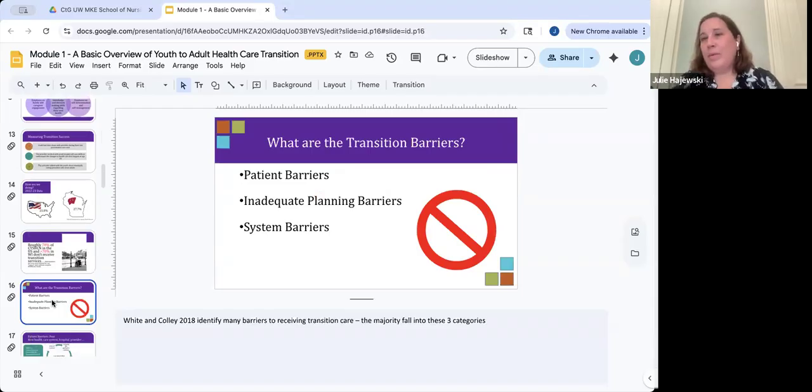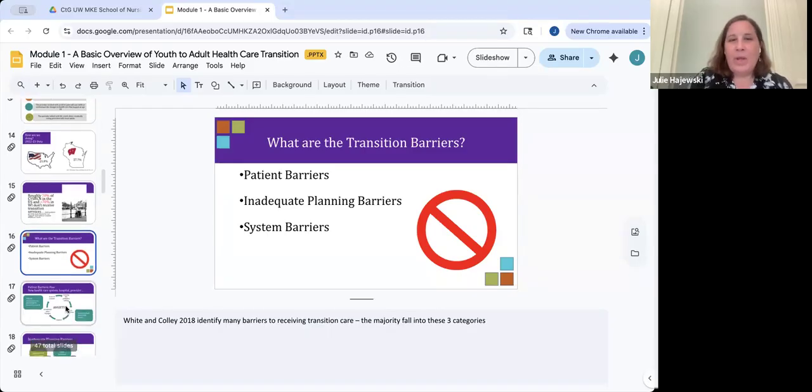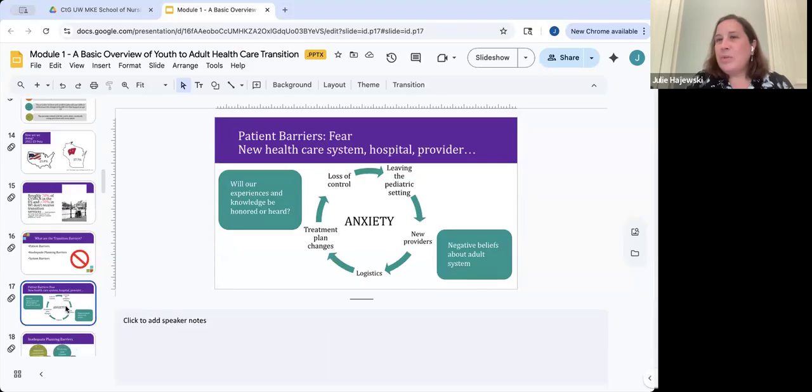So, what are the barriers? If you go back to that White and Cooley 2018 article, there are lots and lots of them. I have synthesized them, as they have, into three categories. There are patient related barriers, there are what they identify as inadequate planning barriers, and a big category of system barriers. So, when we talk about the patient barriers, they primarily fall into this fear of a new healthcare system, hospital, provider,